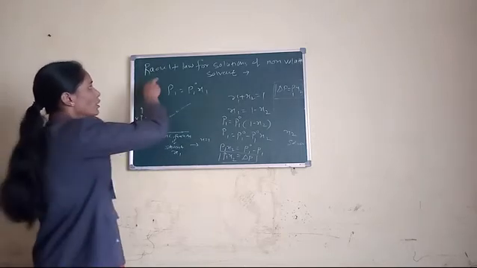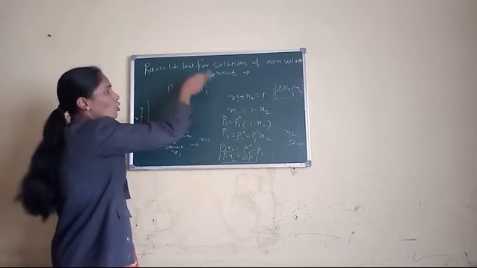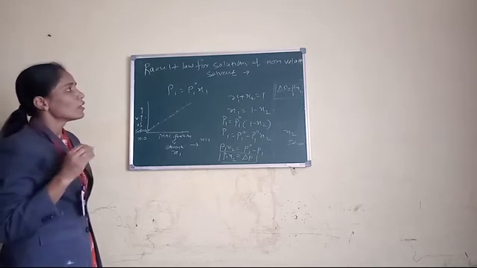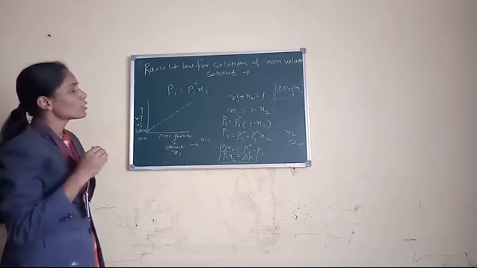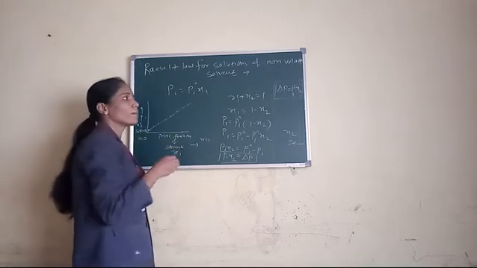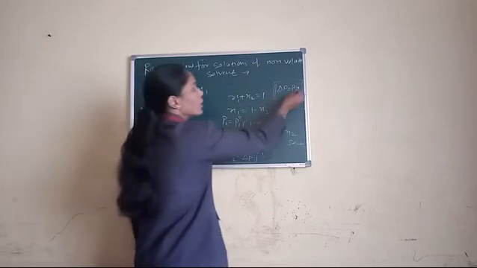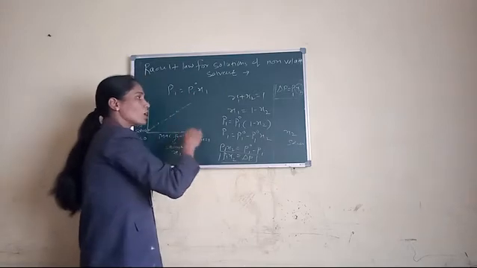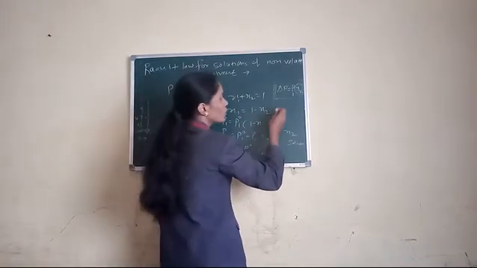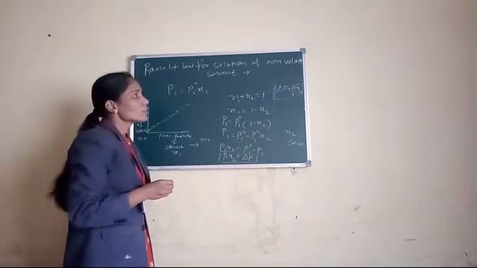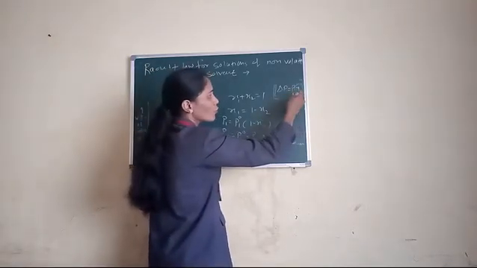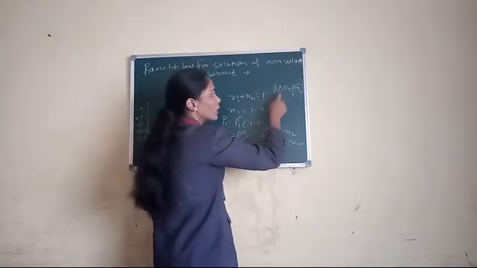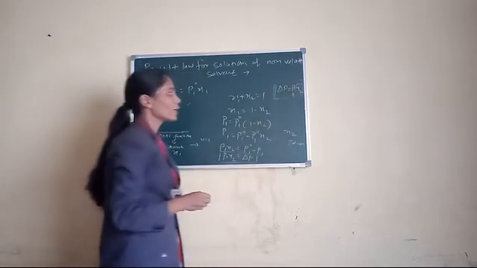Again I repeat, Raoult's law is obeyed only for volatile solvents. When volatile solutes are added to the solution, the vapor pressure increases, but when a non-volatile solute is added to the solution, the vapor pressure decreases. The solute does not evaporate easily, therefore the vapor pressure of the solution decreases. So the lowering of vapor pressure, delta P, is equal to P1 naught times X2.